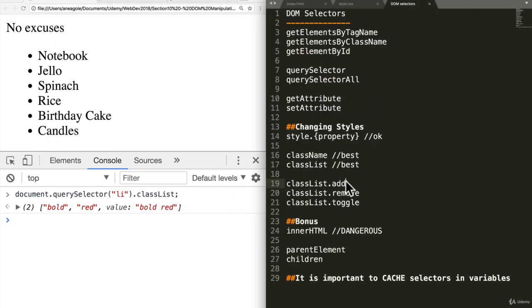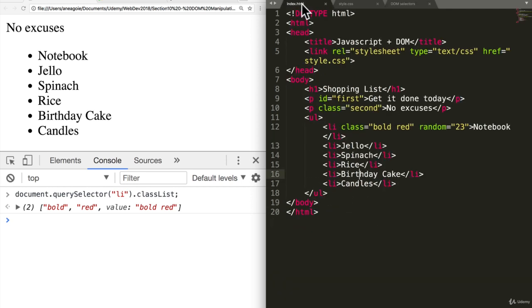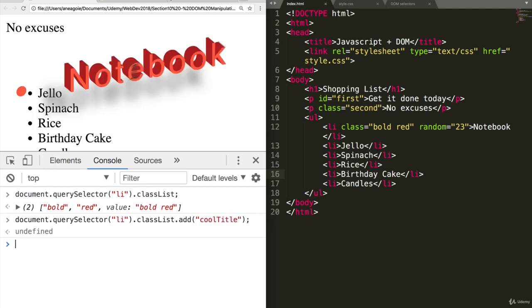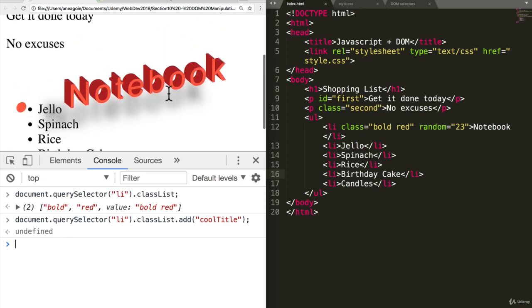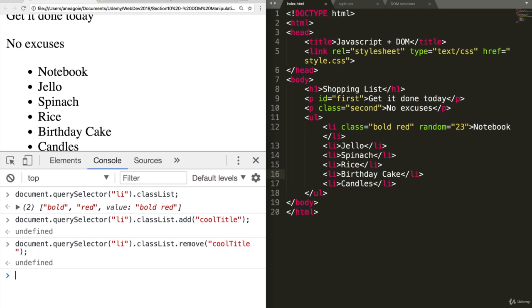This class list gives us a few methods that we can use, such as add, remove, and toggle. So let's do that. Let's do the li, and I'm going to say class list add, and we'll add cool title. Look at that. But that kind of messes up our list. So let's remove the cool title and add a different one. So I'm going to say class list remove cool title. And instead, let's add